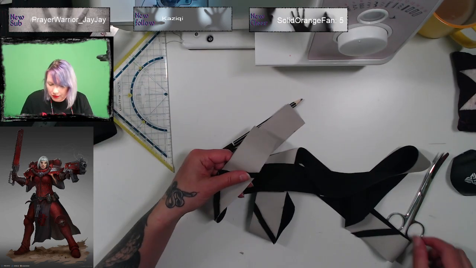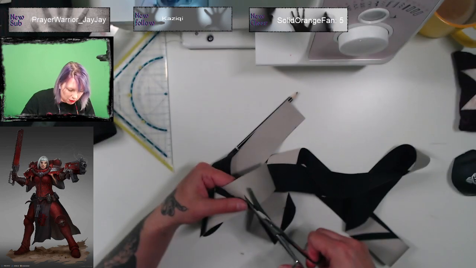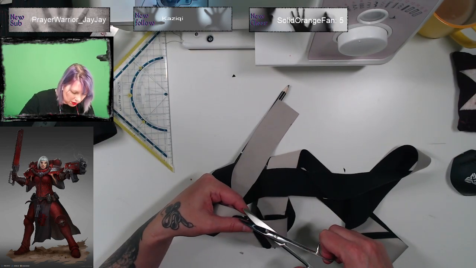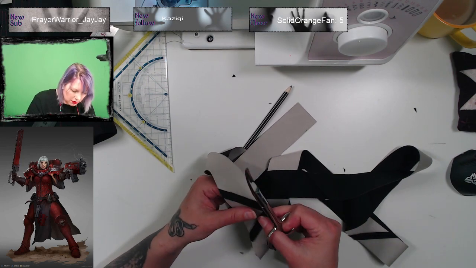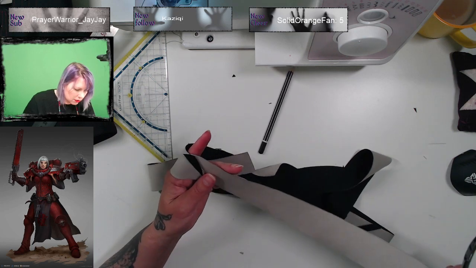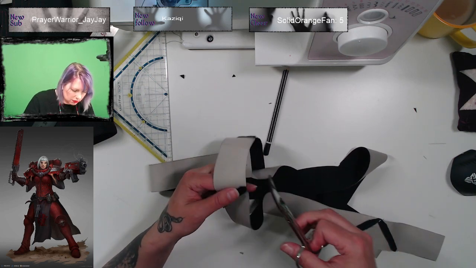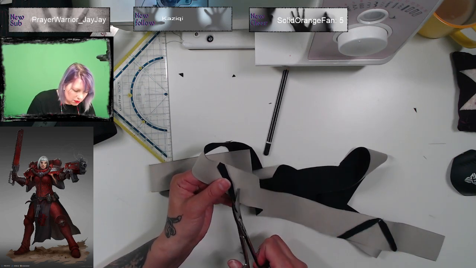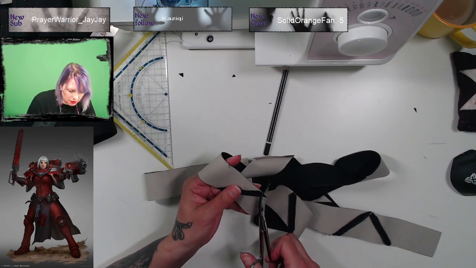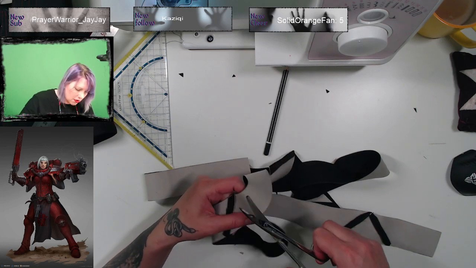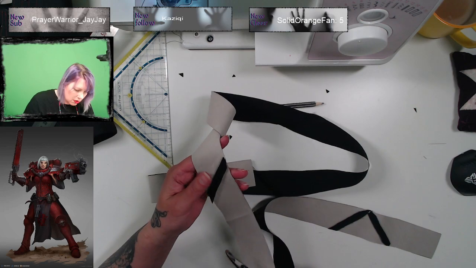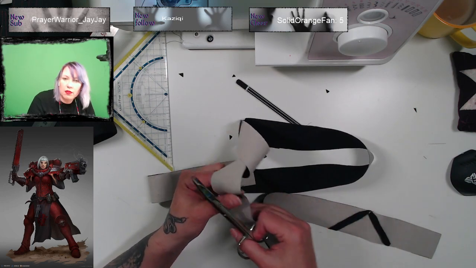So let's cut some little corners off here so they don't get in the way when we're doing the folding. Here we go.